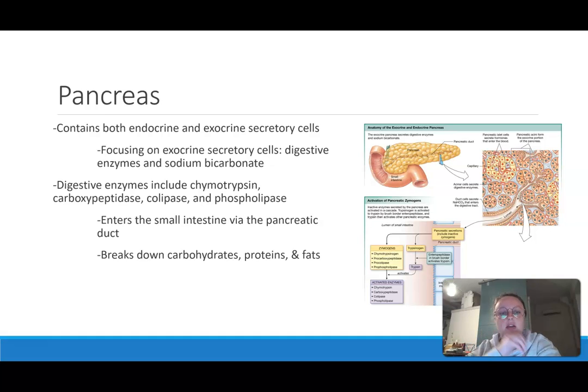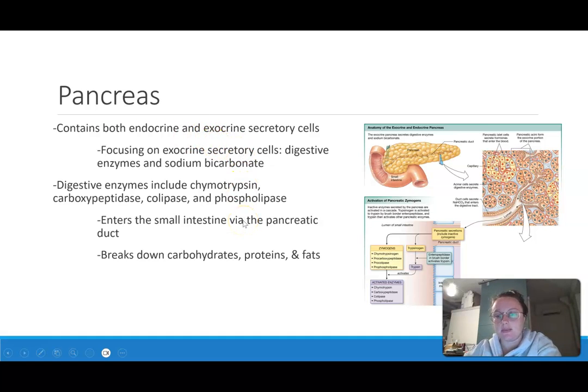They enter via the pancreatic duct into the small intestine, and then their role is to break down carbohydrates, proteins, and fats. Now, upon entering the small intestine, specifically the duodenum, they are inactive and are known as zymogens,